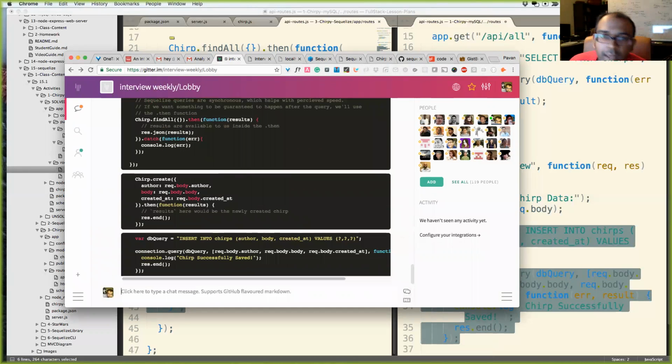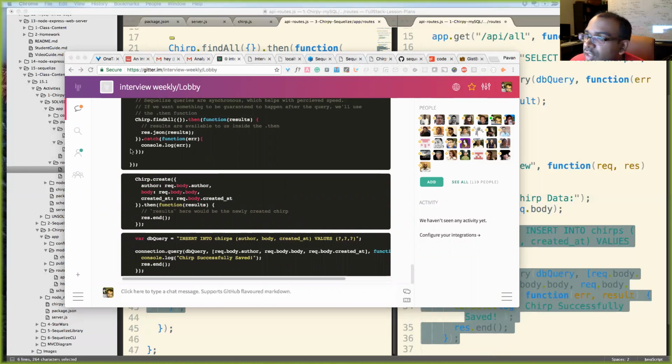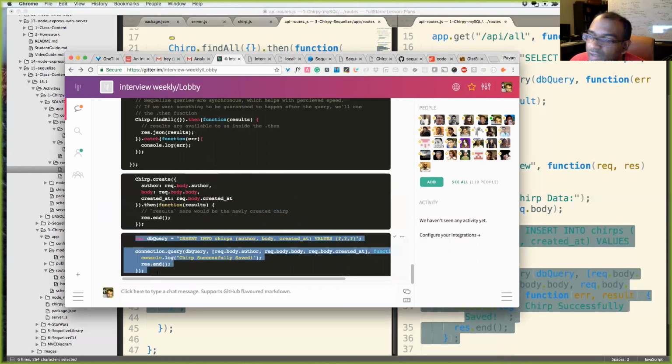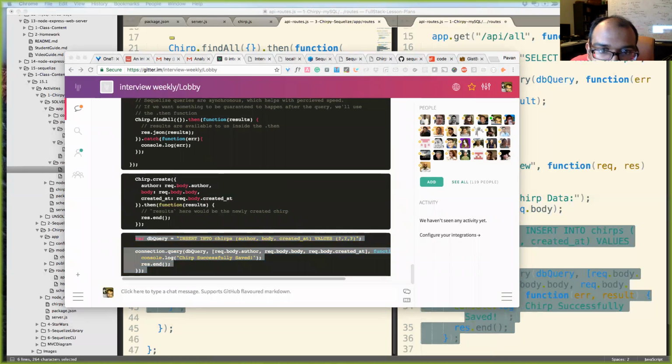There we go. And I'm going to run a breakout room. I just want you guys to quickly discuss, just make sure everyone around you understands how this is the same as this. I'm going to run the breakout rooms right now. Let me stop sharing my screen. And then we'll get deeper into Sequelize afterwards.